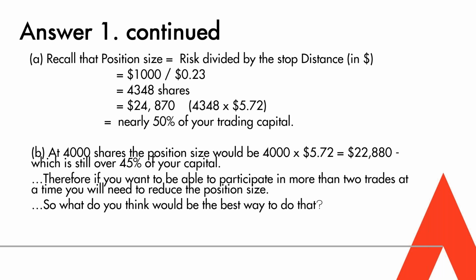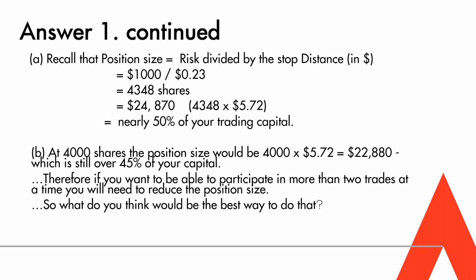All right, so continuing along, looking at A, recalling that the position size is the risk divided by the stop distance, so our trade risk in dollars. So $1,000 is 2% of the $50,000 trading account. And we're going to divide that by the trade risk of 23 cents. And that gives you 4,348 shares